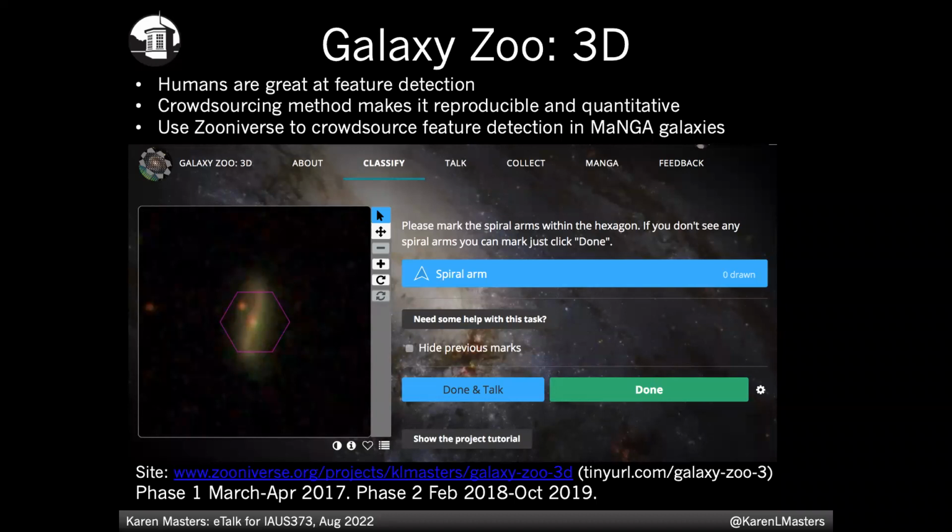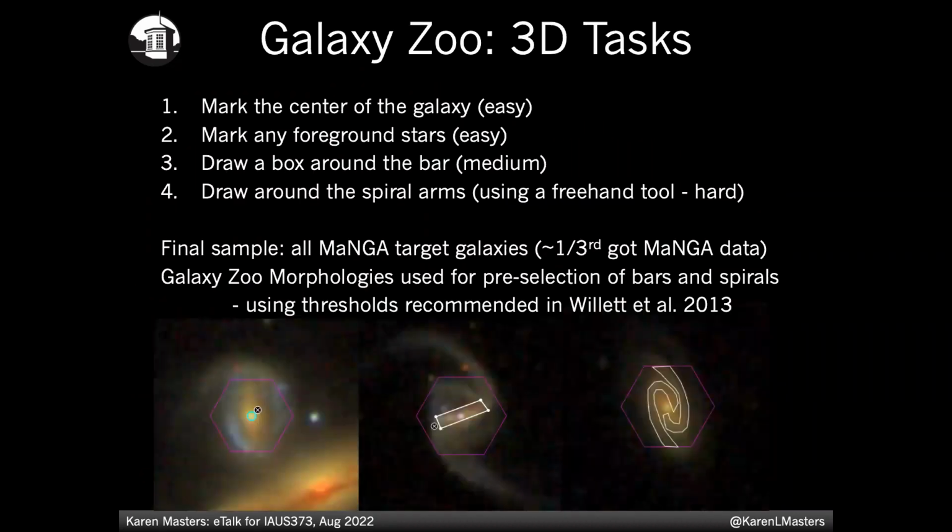You can take a look at the site. It's still live, although we're done collecting all the data. We finished collecting data back in 2019. We asked people to do 4 different tasks: mark the center of the galaxy, mark any foreground stars they saw,